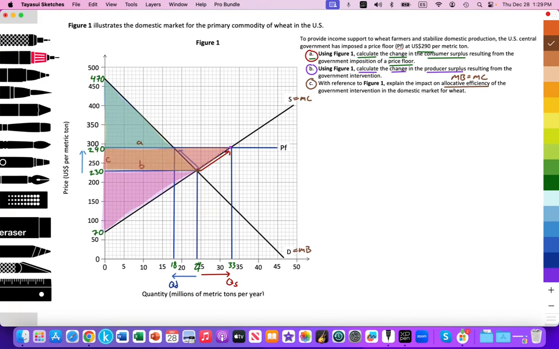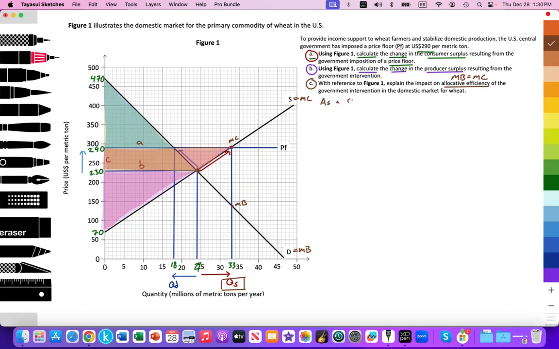And so we can see that with the government intervention of increasing price from $230 to $290, we're no longer operating at the free market equilibrium. We've incentivized producers to increase their output from 24 million metric tons to 33. So to find allocative efficiency, we want to pay attention to the quantity of supply. And we can see that at the quantity of supply, here the marginal cost is greater than the marginal benefit. So that should be part of my answer. I can explain that